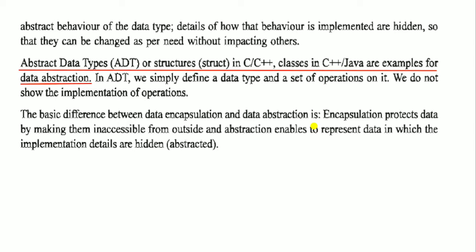Like, if another program wants to access another class's data, it is unable to fetch the data due to encapsulation. So they make it protected, and abstraction enables representing data in which the implementation details are hidden. So details are hidden, that is abstraction.